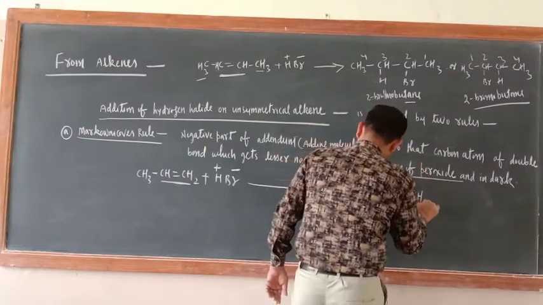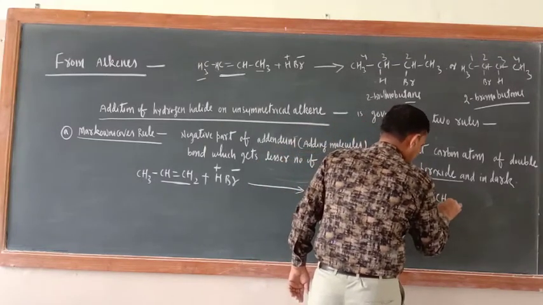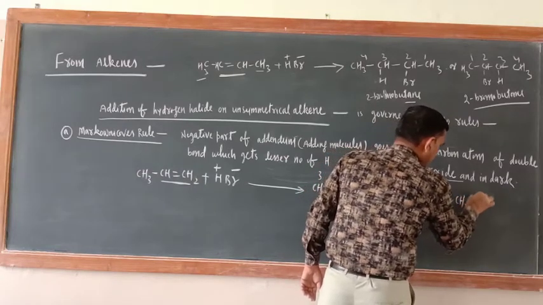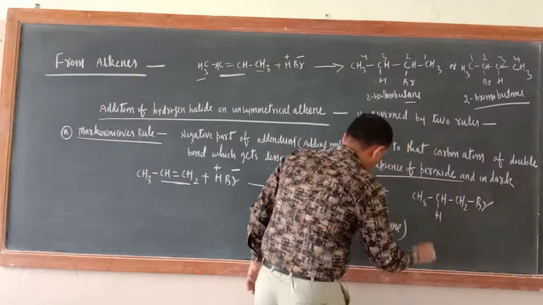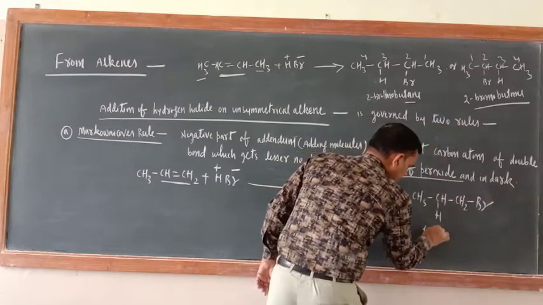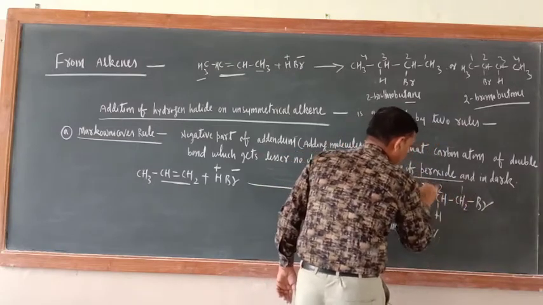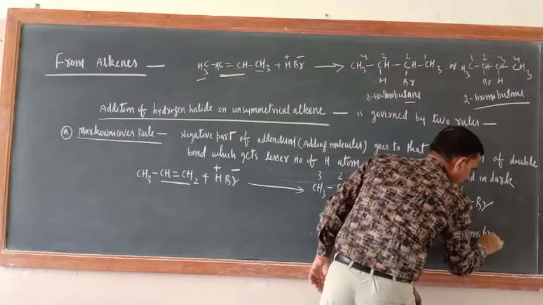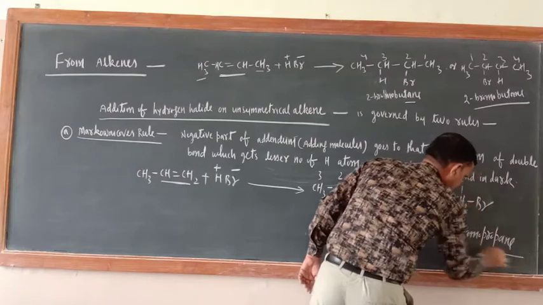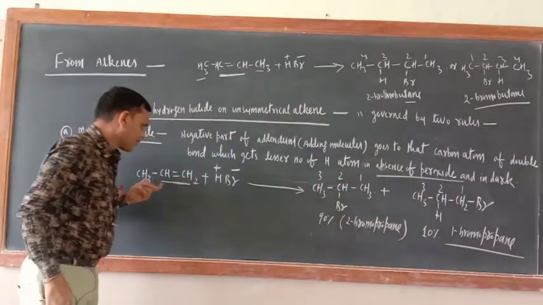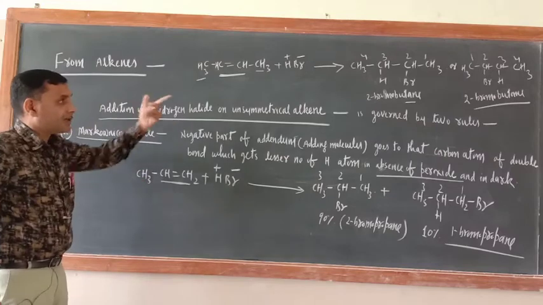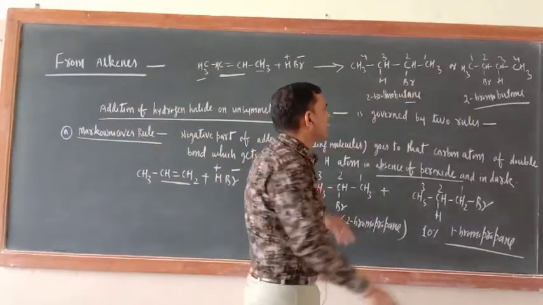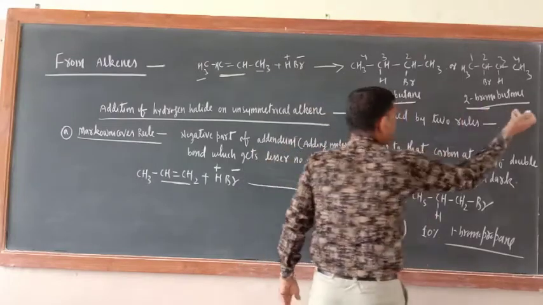Now one more product is there, that is only 10%. That is CH3. Here what is there? CH and H, and here CH2Br. Okay, so this is 10%. And what is the name of this one? 1 2 3. 1-bromopropane. So you have got two products here. There, just for namesake I wrote two. Both are the same thing only. This product and this product both are same.